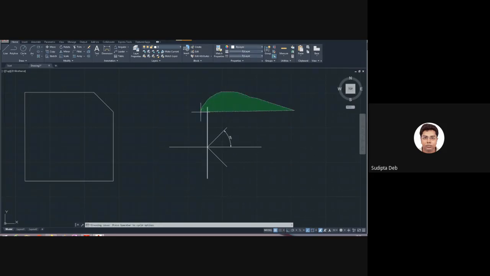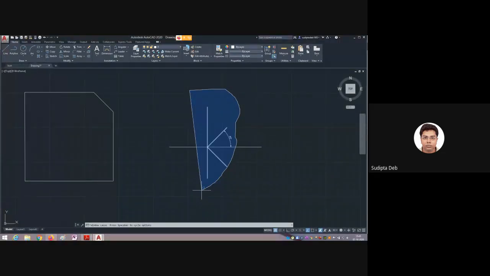Okay, so these two things are the selection procedure. If you are using the green selection like this, just touch the section and automatically all are selected. You can delete it, or you can use other options also. But if you use the blue selection, the whole line you have to select. Right now just see, the whole lines you have to select. Now see here, all these lines are covered, these two lines are also covered. That's why only these are selected, others are not selected. So this is one command, the selection procedure.